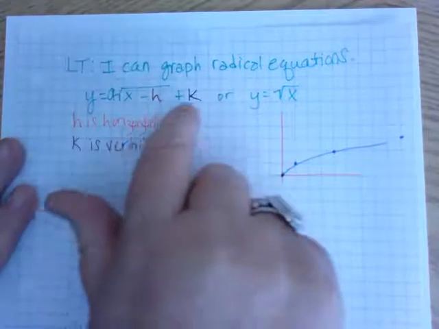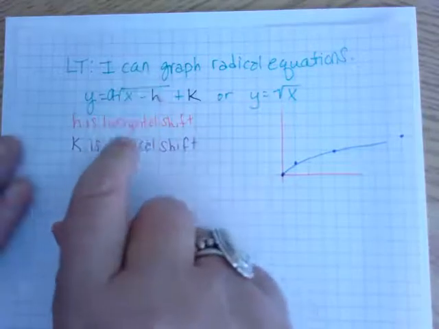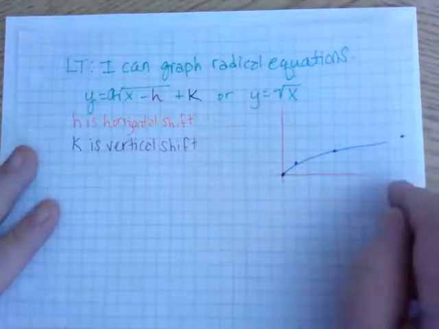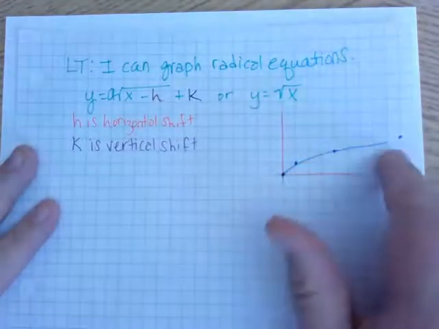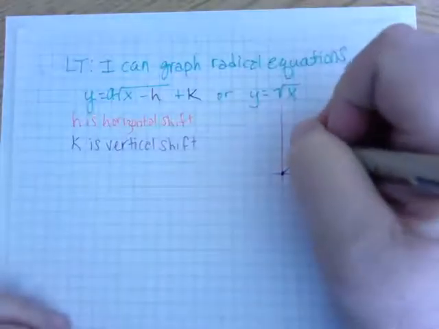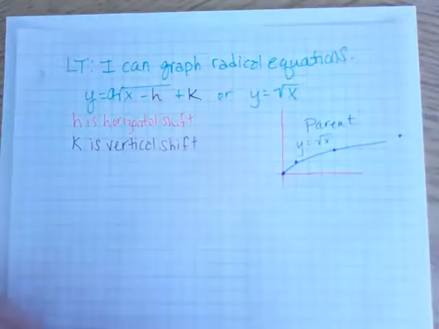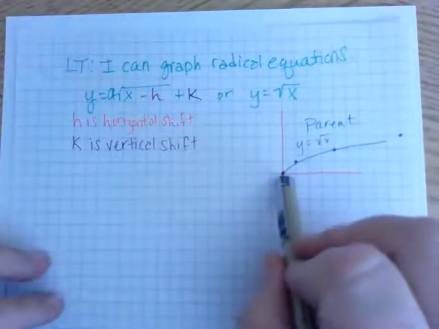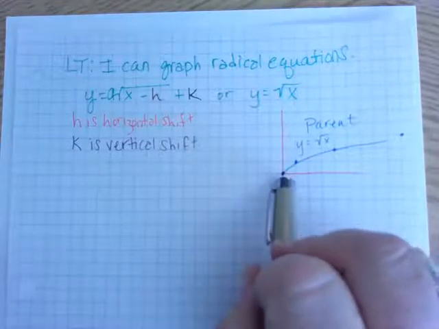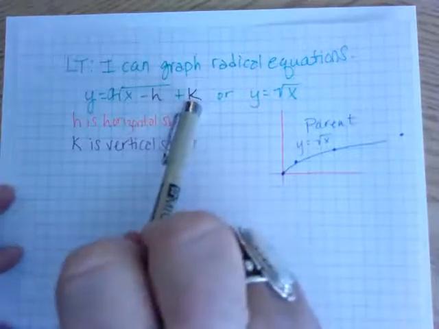Using the starting point form of this, because there isn't actually a vertex here, but there is a starting point. H is a horizontal shift, k is a vertical shift, and I have gone ahead and graphed the y equals the square root of x, the parent function. So this is our parent function. And notice that this graph starts at the point 0, 0. So we're going to use the fact that the parent function starts at the point 0, 0, and the fact that h is a horizontal shift and k is a vertical shift to graph